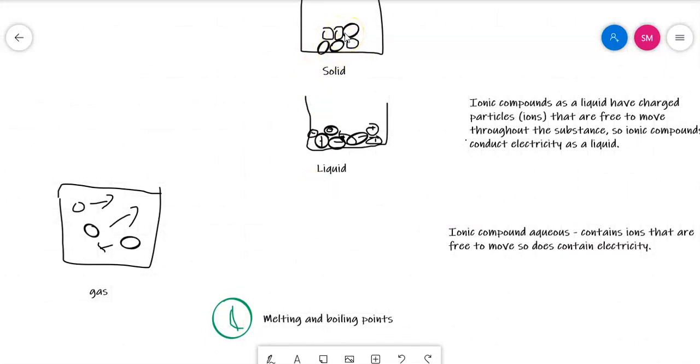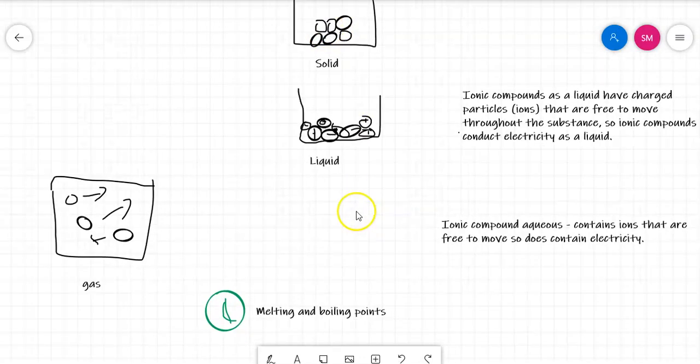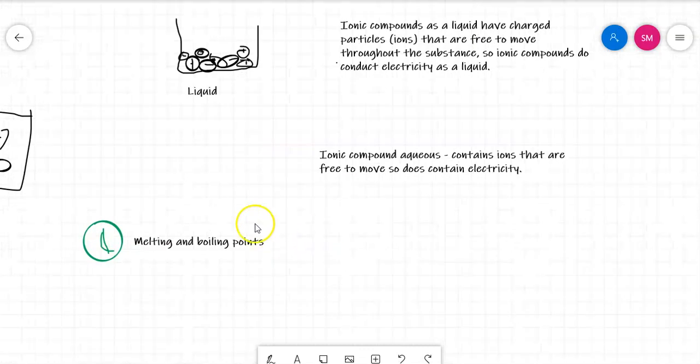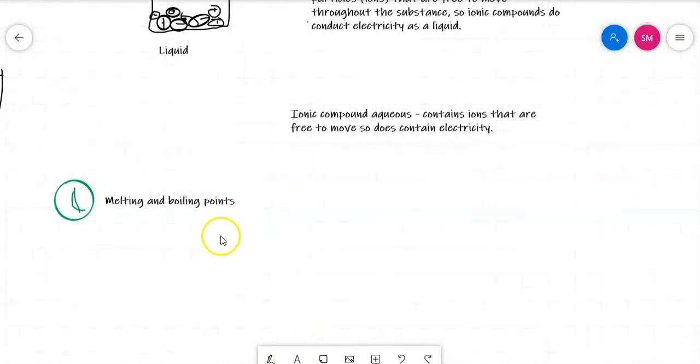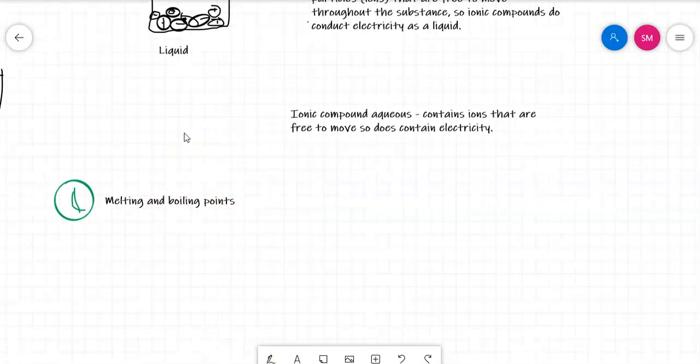If there are strong forces of attraction between the particles, then it would take a large amount of heat energy for those particles to be moving fast enough for the bonds to be able to break. So the stronger the forces of attraction, the greater the amount of heat energy that is required to break those bonds. If we had a question about melting and boiling points, we would start by describing the structure of the ionic compound,